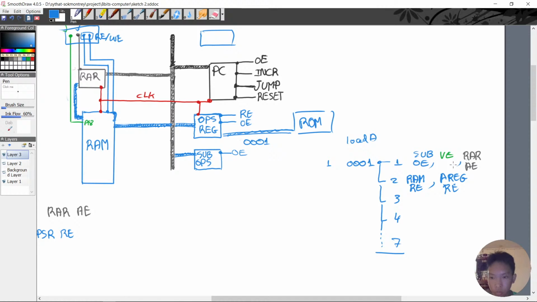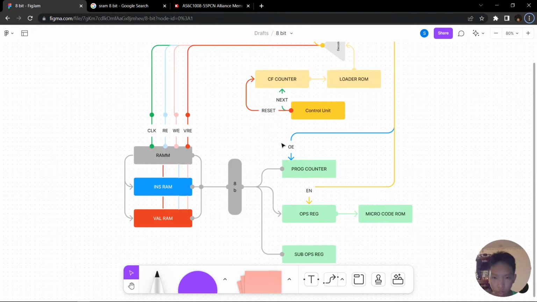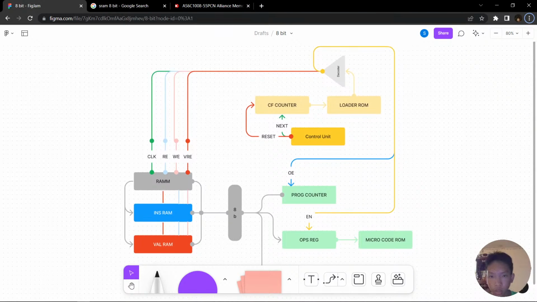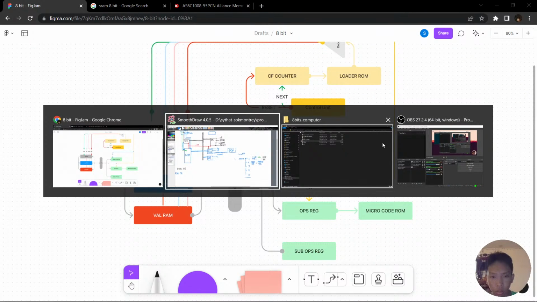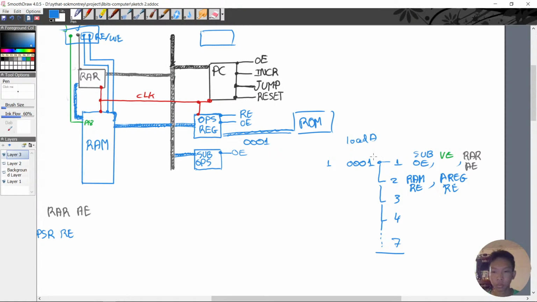And we can see it's very simple. It's much simpler, better than what I did over here. Control unit and blah blah blah, it's just some bad stuff. Decoder. It's just overcomplicated stuff. So